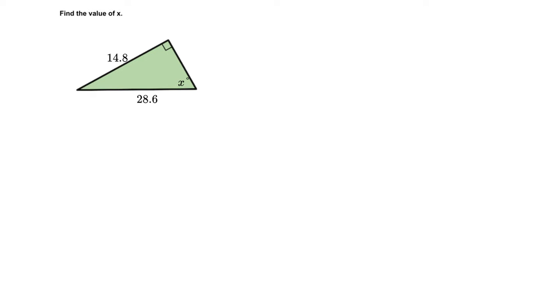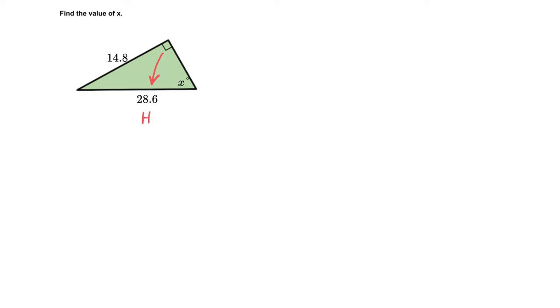All right, in this question, you're asked to find the missing angle of a right triangle. Before you start, you need to identify, first of all, where your hypotenuse is. The hypotenuse is always directly across from your right angle. And then once you've identified what your hypotenuse is, then it's a lot easier to find out what is opposite